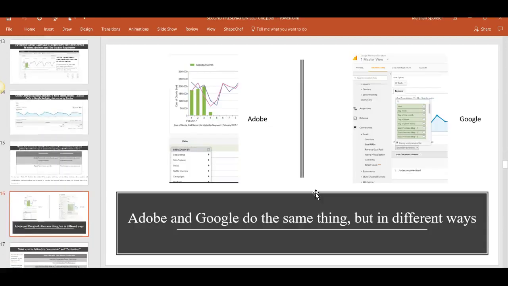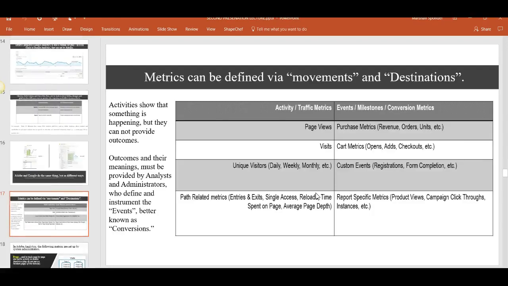And also, like I said before, Adobe and Google really do the same thing. To some extent, the reason I'm presenting both in the course at the same time and giving you assignments that often do both is I want you to become platform agnostic. I want you not to worry about which platform you're given to use, that you can use any of them, these two or any other ones that you come across that do the same thing. They're all pretty much the same once you get to learn them. So just don't worry about it, you'll learn what you need to learn. Just have the confidence that you can do it.